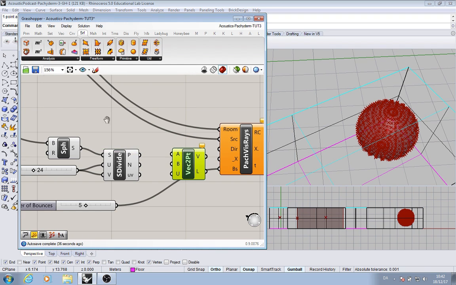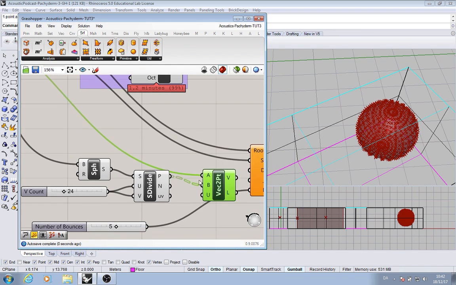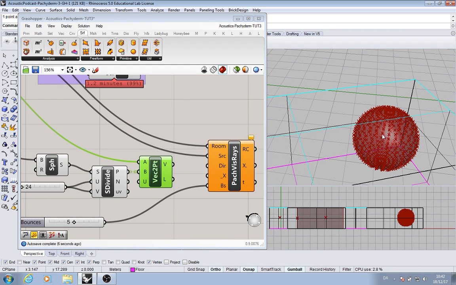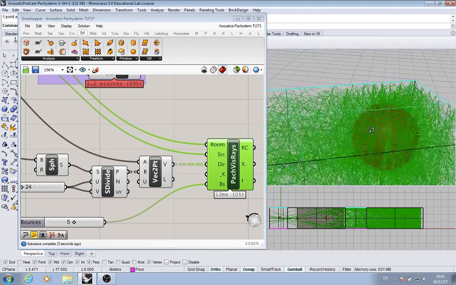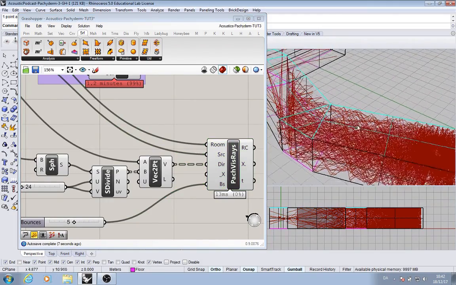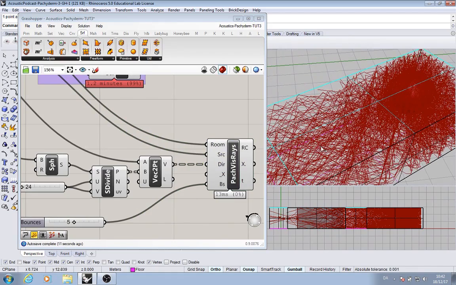So we have the source. We have all these points that will give us vectors, directions from the source to the points that are created on the surface. And we will then plug this into the direction of the source and then immediately get a spreading of the rays in that space. So here now we have, according to our settings here,